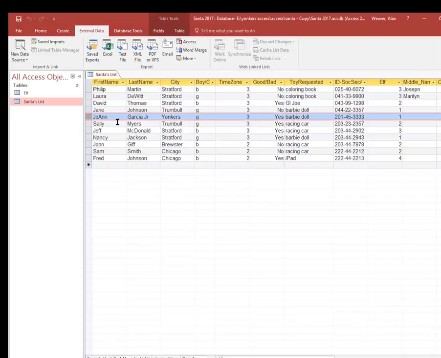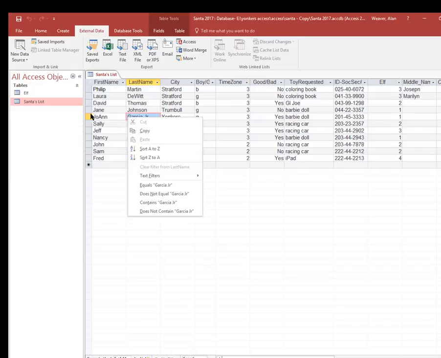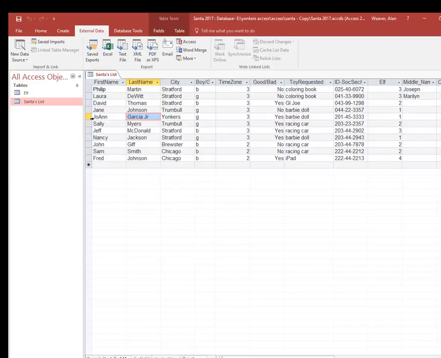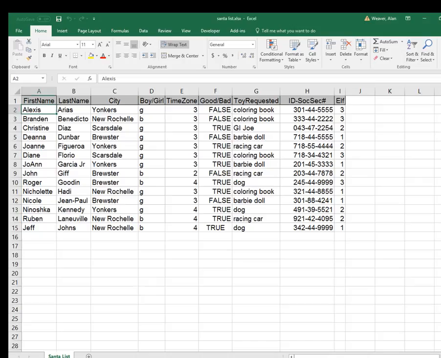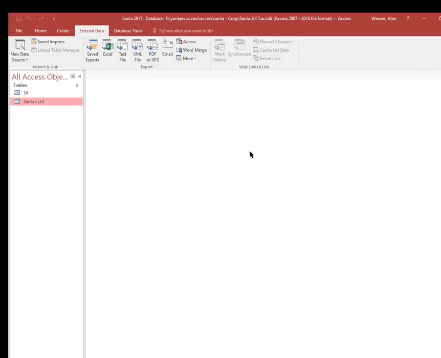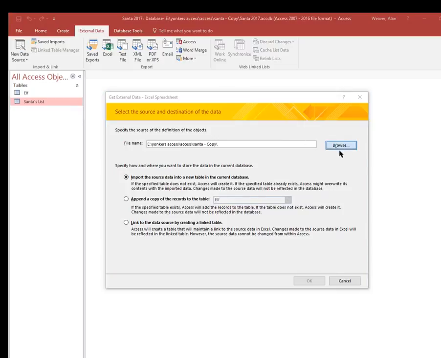I'm going to delete this Joanne here. You can't put her in twice. There's a violation. So if I want to get rid of a record, you can do some undoing here. However, you cannot undo deleting a record. So if I go in here, I just highlight the row, hit the delete key, or right click, delete record. You can't undo it. So I'm going to close this out. I have to close out of Excel now. Otherwise, I'm in trouble. So: external data, new data source, from file, Excel, browse,